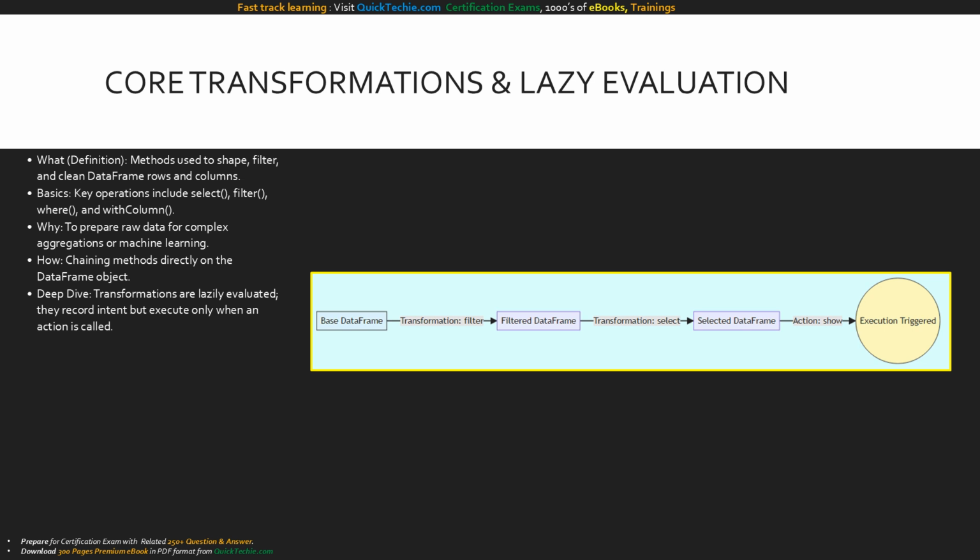This flow illustrates Spark's lazy evaluation model in action. We start with a base data frame and apply a filter transformation, resulting in a new, unmaterialized filtered data frame. We then apply a select transformation. At this point, absolutely no physical computation has occurred on the cluster. Spark has merely recorded our logical intent. It is only when we hit the final step triggering an action like show that Spark kicks into gear. It takes all the recorded transformations, optimizes them as a single cohesive execution plan, and then physically executes them across